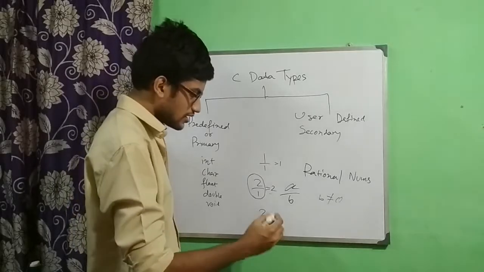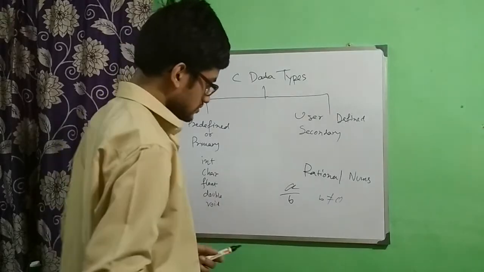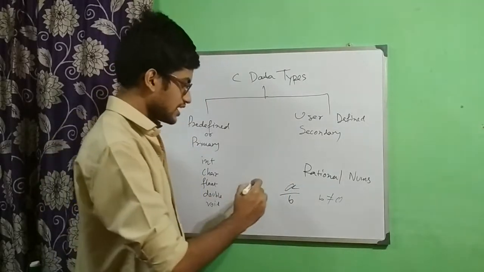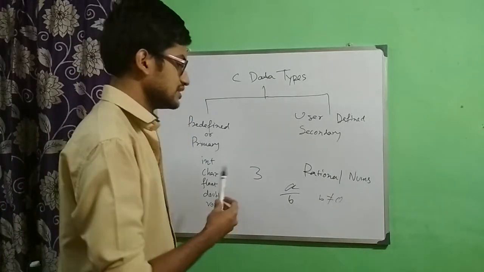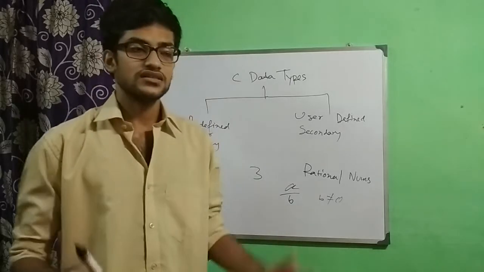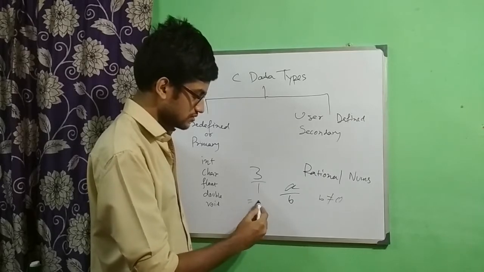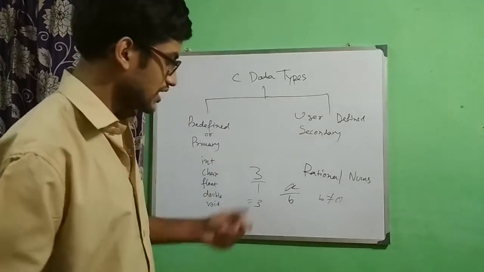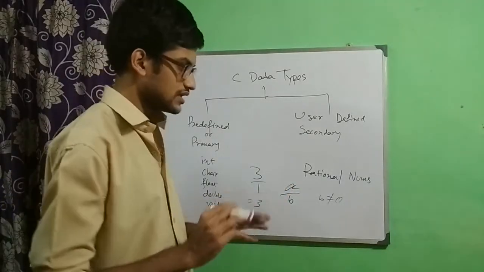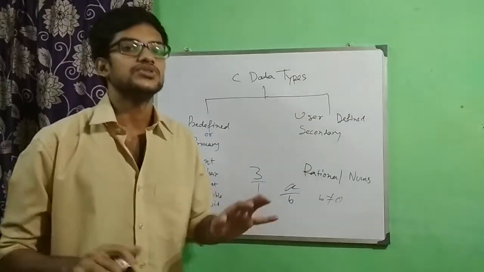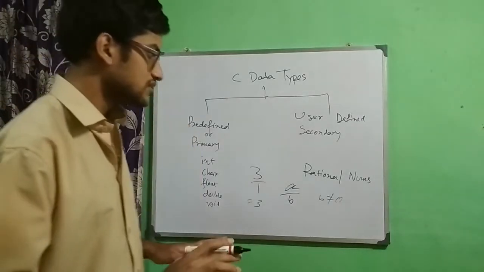Finally, let's say I have 3 here. This is a whole number, this is an integer also, but is this a rational number? You can divide 3 by 1, the number will remain the same, still we have 3. So as per the definition, rational numbers are those numbers which can be expressed as a fraction.